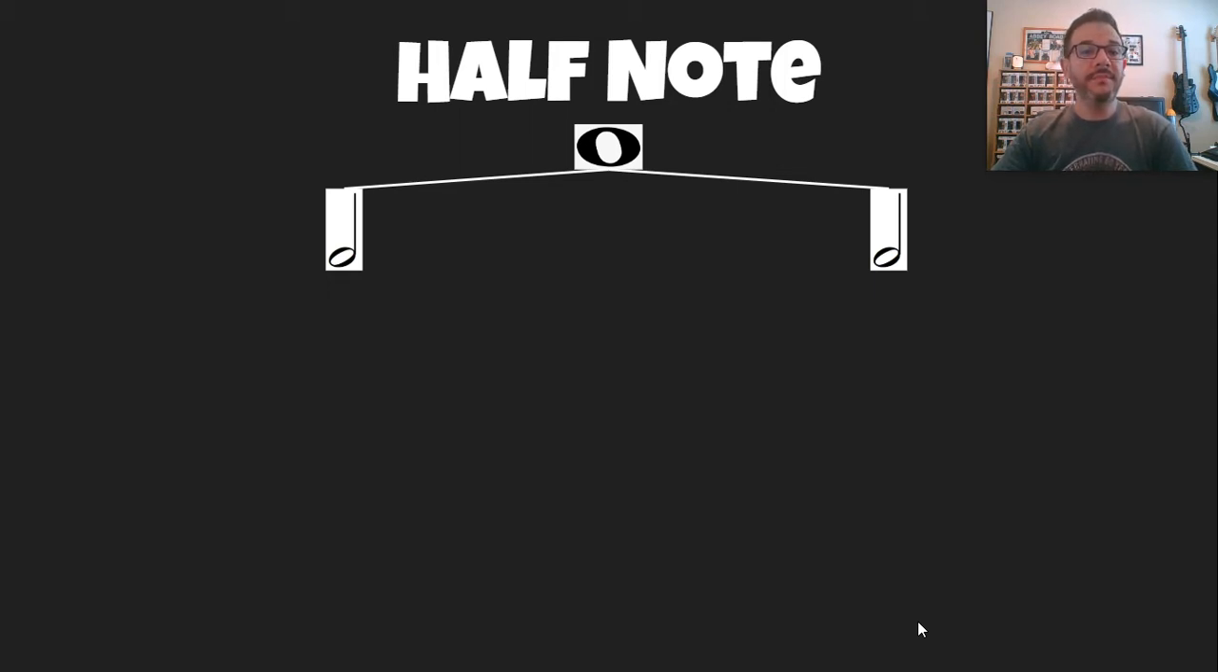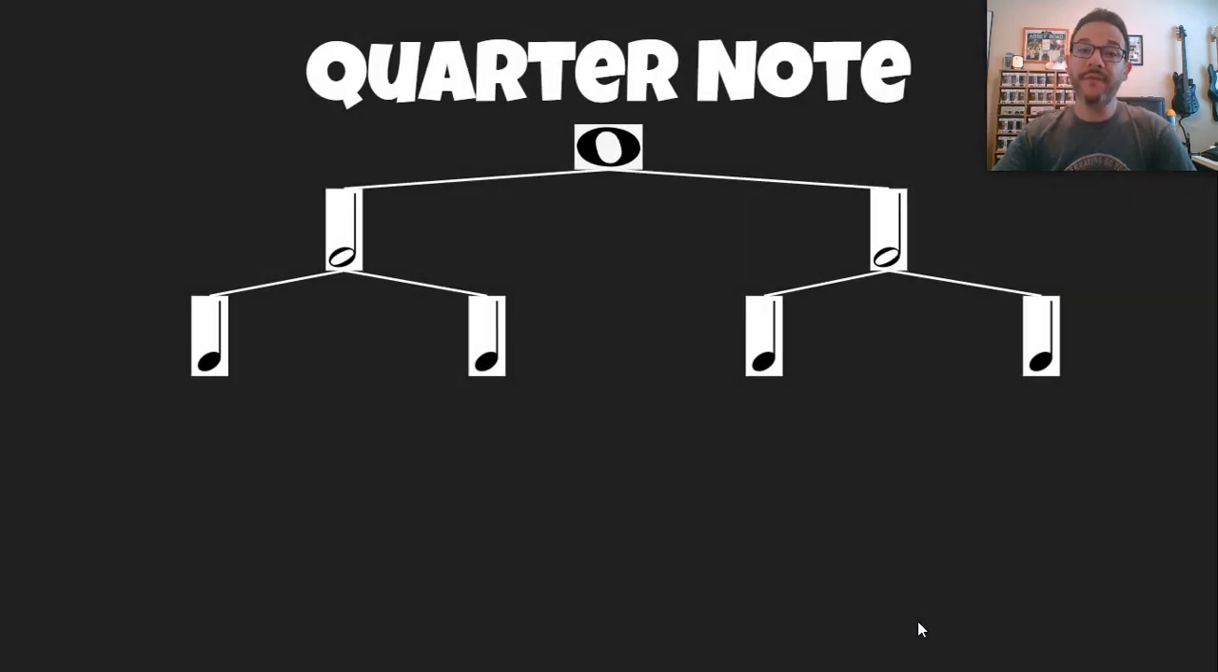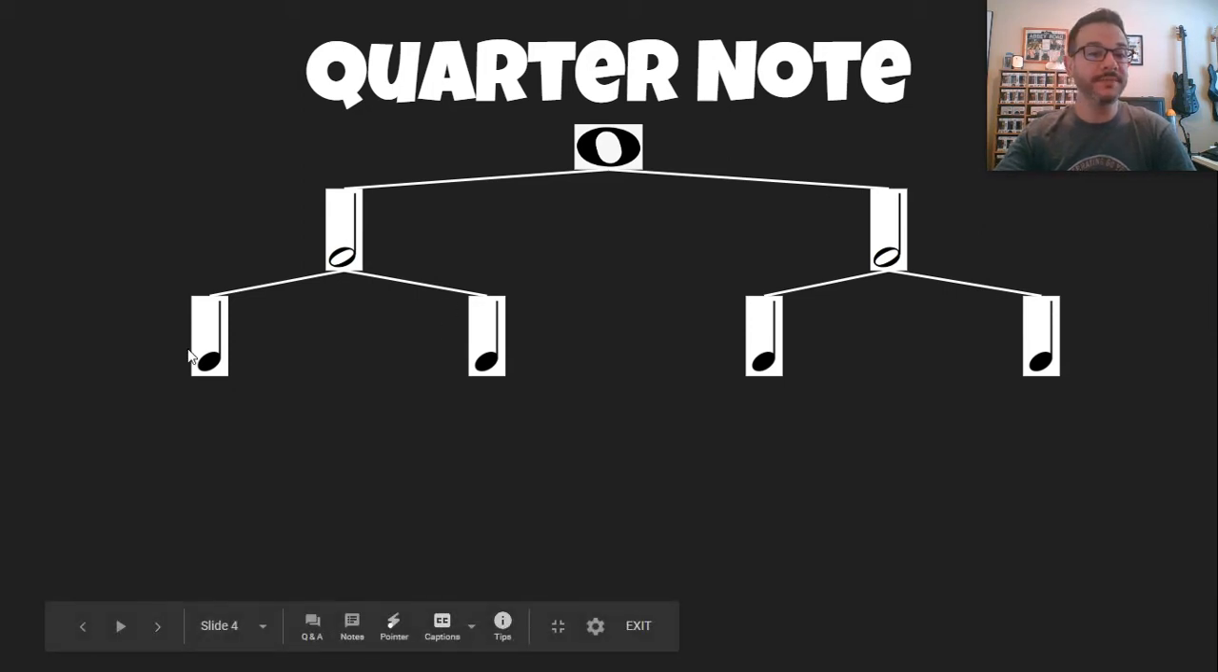Now, if I divide the big guy into 4, I get fourths. Another name for a fourth is a quarter, which is why these are called quarter notes, because there are 4 of them in the big guy. It's also a half note divided by 2. Now, if I divide a quarter note in half,